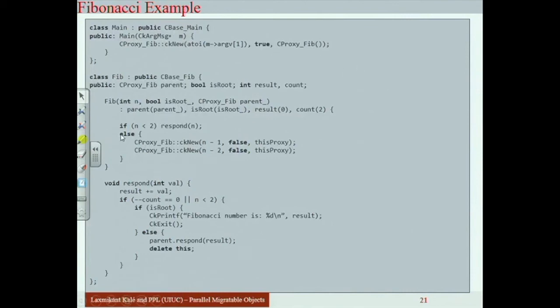So what does every fib chare do? This is the usual C++ way of storing it. It gets a parameter called parent. It stores it in the variable called parent. isRoot_ is stored in isRoot. It initializes the variables result and count. If you're not used to C++ that much, that's how you initialize variables. You could have said result equals 0, count equals 2. It's the equivalent. And so then the code is simply, if n is less than 2, then call the respond method,